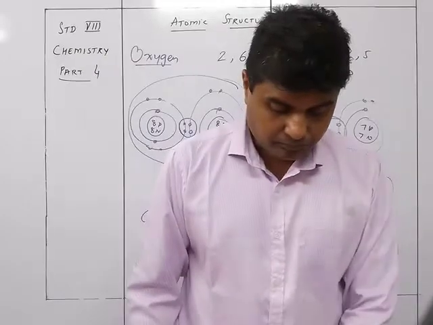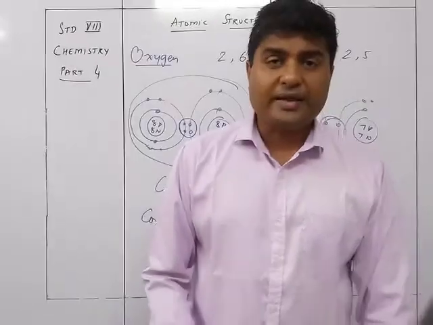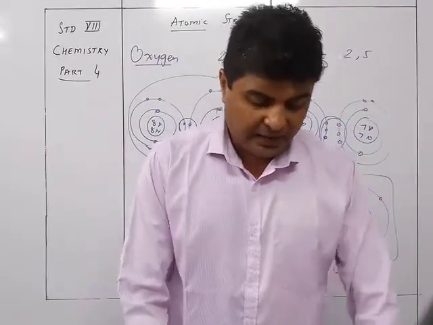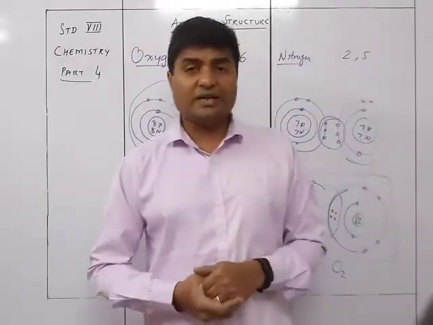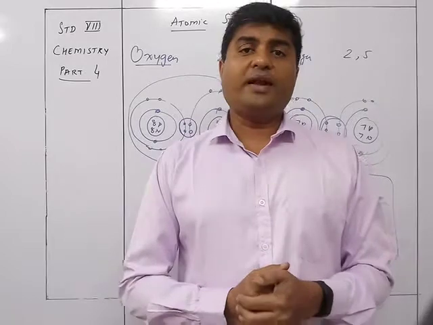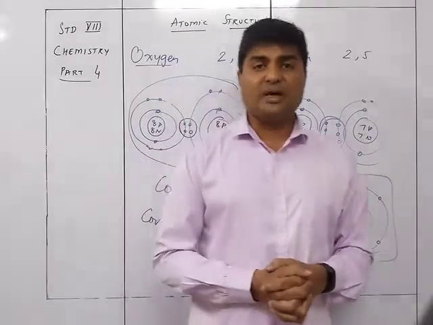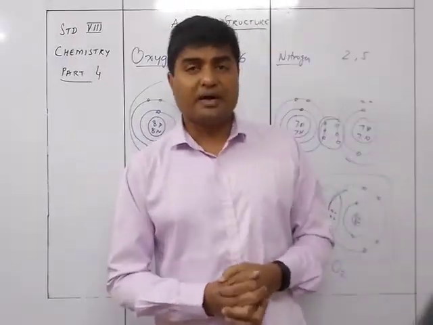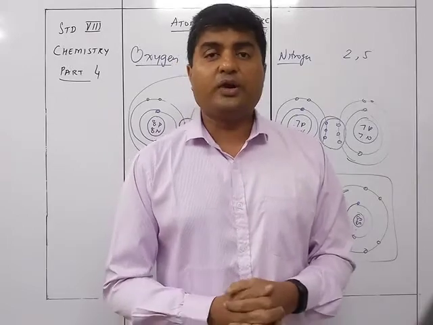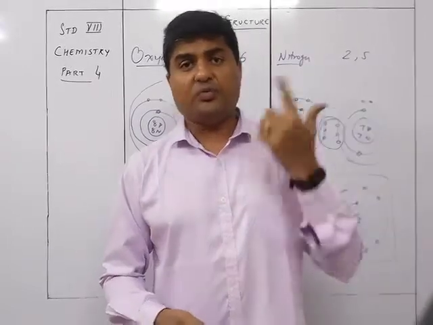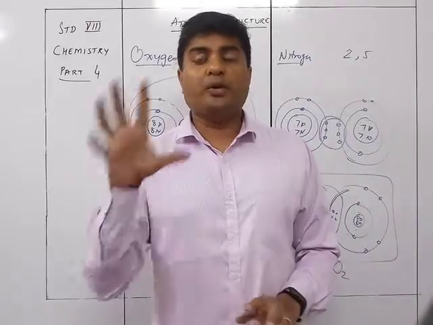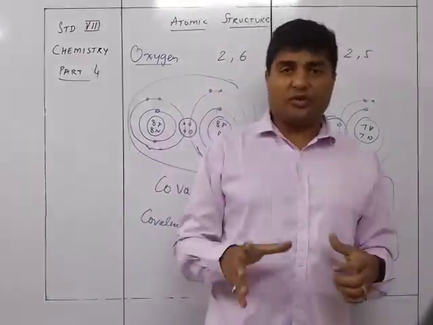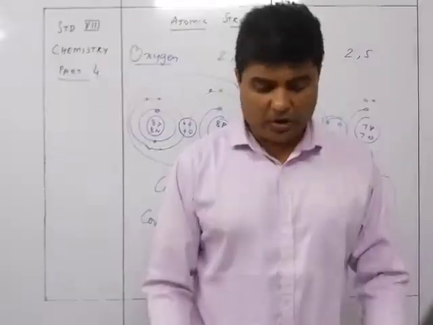Good. So the very important things in this chapter are, firstly, you need to know how to find out the number of protons, electrons and neutrons of an element if the atomic mass number and the atomic number are given to you. And accordingly, you need to find out the electronic configuration, the valency, whether it is a metal or a non-metal, and you should be able to draw the atomic structure of that particular element. So that is the most important part.